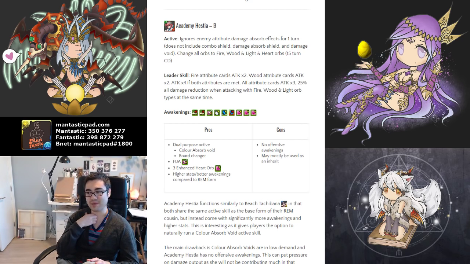and that's a big deal because, like, Urika is obviously much harder to roll, so rolling Academy Hestia might be your best way to actually gain a color absorb void card that you can run as a sub because they tend to have longer base cooldowns. So because they have longer base cooldowns, it's a little harder to inherit, so being able to run them as a sub is meaningful. Now, in terms of her awakenings, she does have follow-up attack, which does obviously solve some problems,